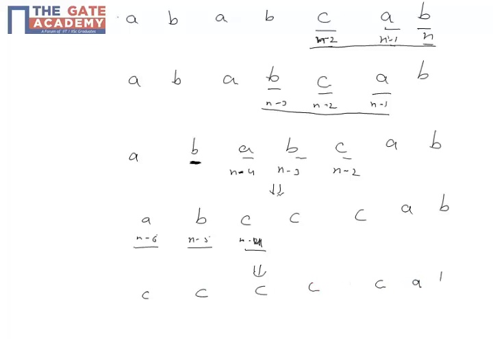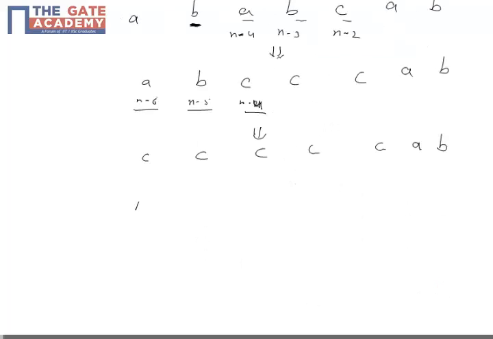So according to this algorithm, only one traversal of the array is required to replace all the combinations of A, B, C if I start scanning the array from right to left, from last to first. So my answer for this particular question is 1. So the answer is equal to 1.